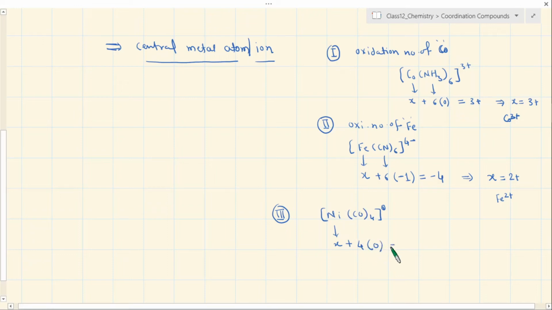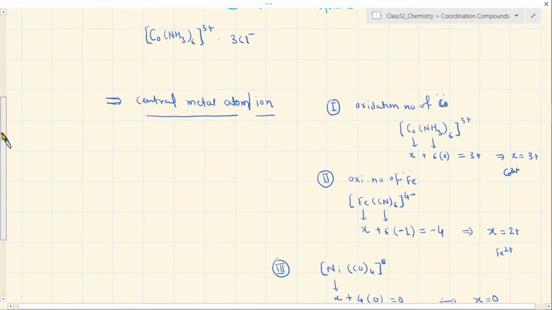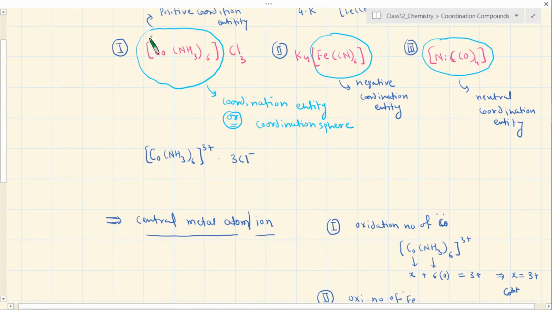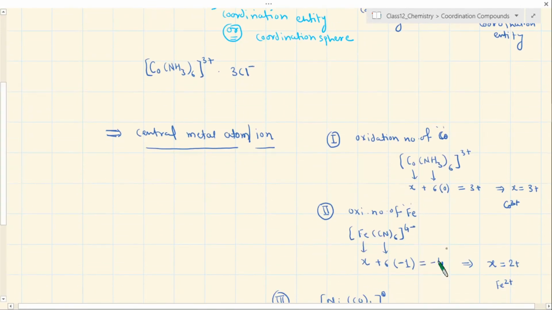So 0 charge, and the whole thing is 0, and therefore X is equal to 0. So nickel here is not an ion, but it is existing as an atom. Please see, so nickel is 0 charge. So you can now realize that in a given complex compound, there can be a metal atom or there can be a metal ion also. It depends upon which compound you have. So in that, you should be able to calculate this oxidation number on the central metal atom. And now I have worked out for you, so you should know how to find it out.